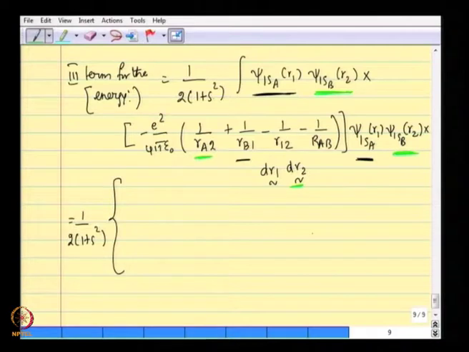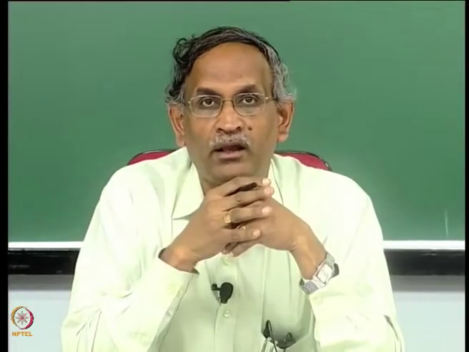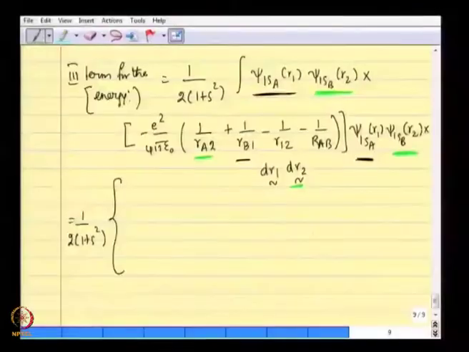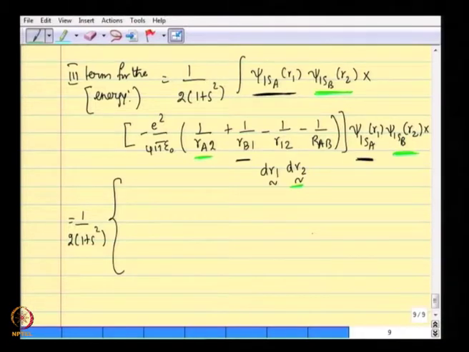Therefore, this whole thing is Coulomb, and the last term R AB, we do not need to worry about it because it does not have electron coordinates. Therefore, it will merely give you the answer plus e square by 4 pi epsilon naught 1 by R AB, it does not change anything, therefore it is an addition to the total energy. So this whole integral, when it is blocked out into three forms,